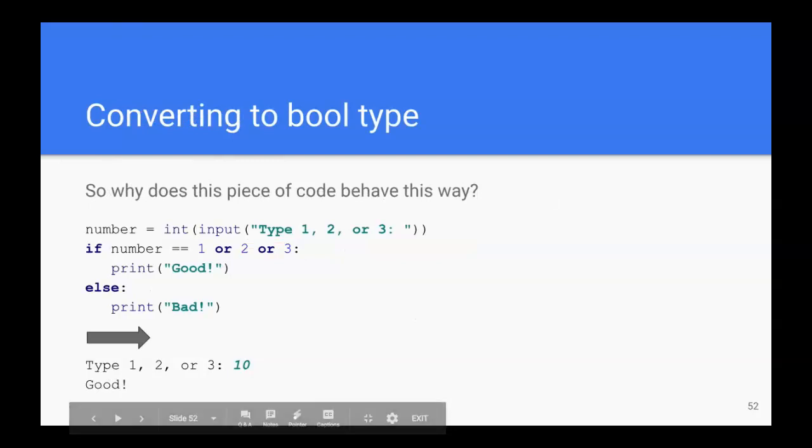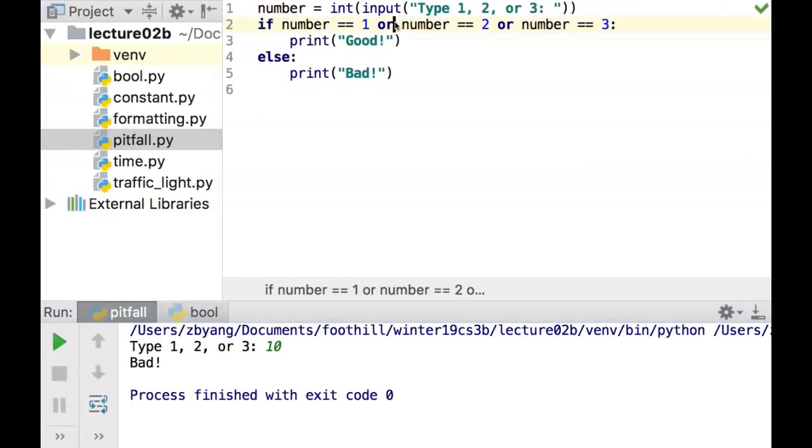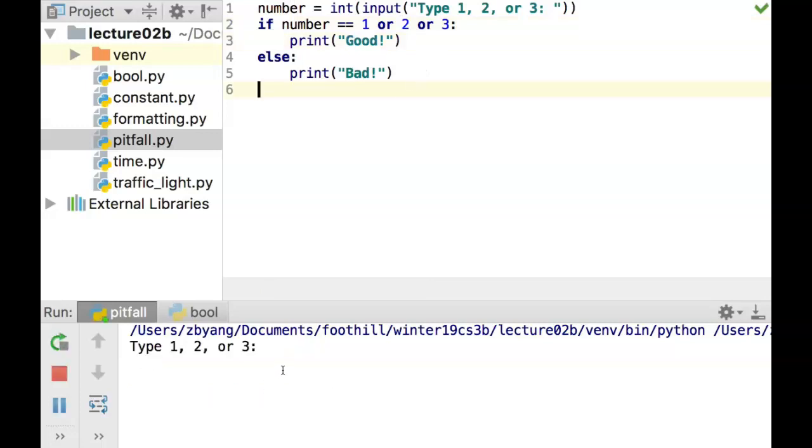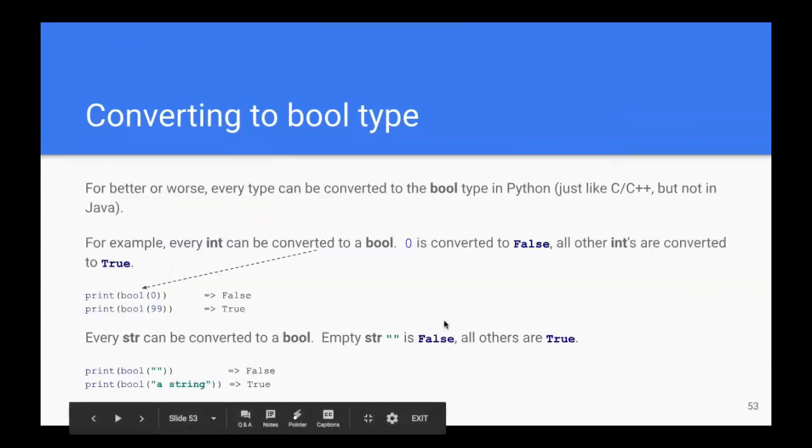Still, it begs the question, why does the original code that we wrote work, and work in the sense that it runs, and why does it tell us it's good when we put in 10? It's something fairly interesting. As it turns out,